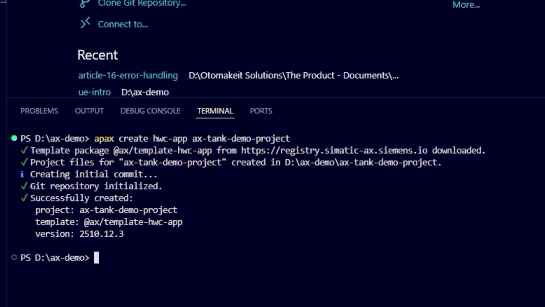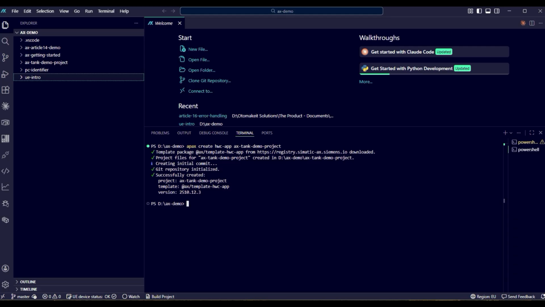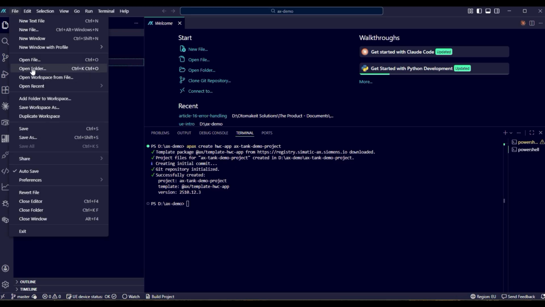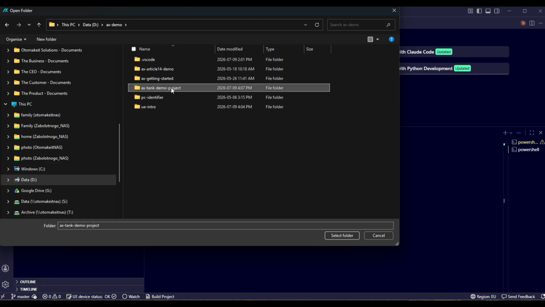Apax is downloading all the dependency packages and creating the Git repository, and now the project is created. We can see that the project is in the tree, and all the subfolders of the project structure are created. To continue working in this project, we have to open the project itself as a root directory. So we open the folder with the project